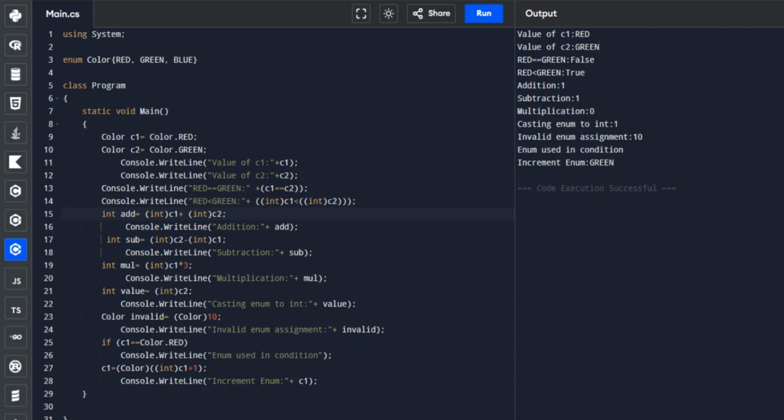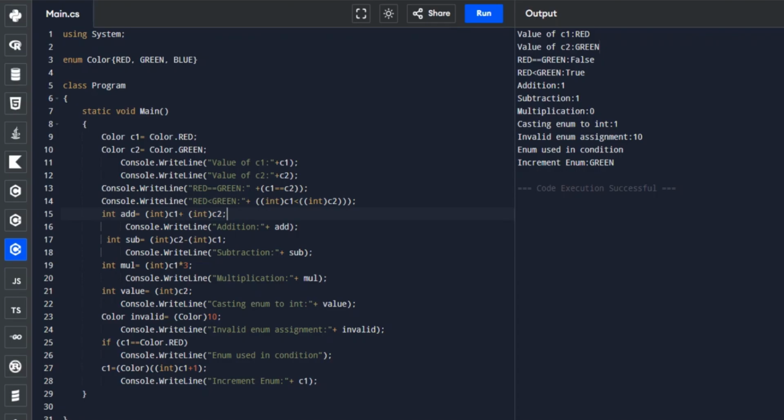So in this part, through casting, we are able to convert the string value of the enumeration into an integer.